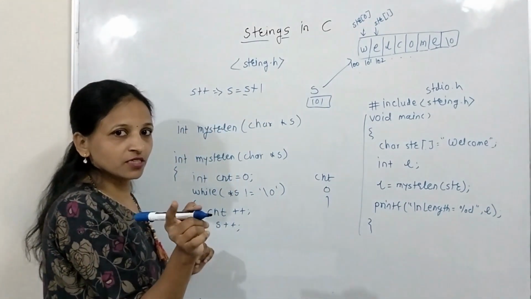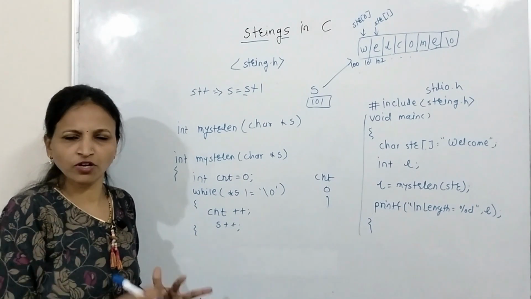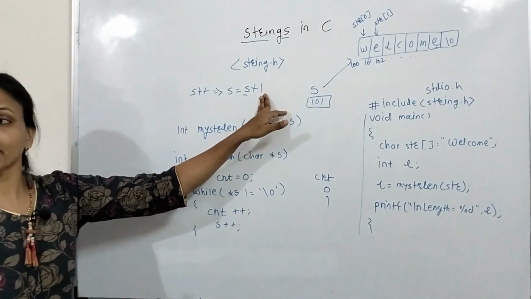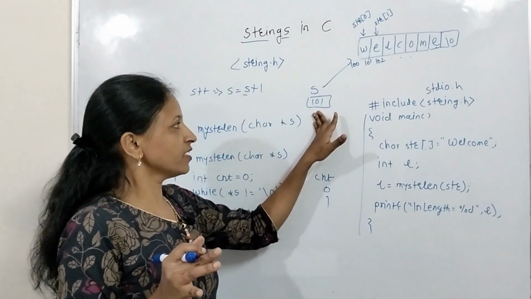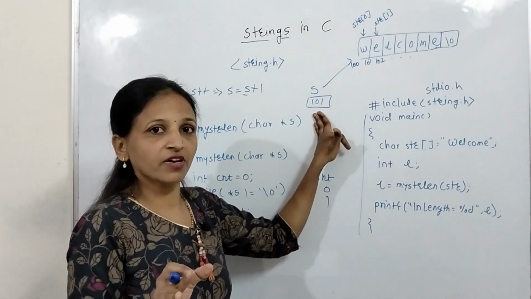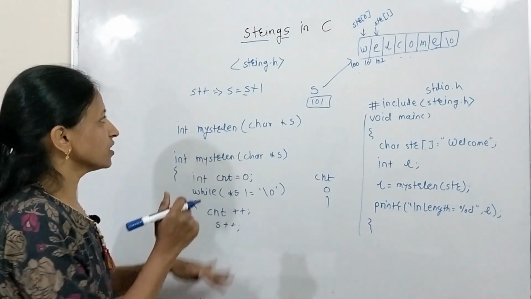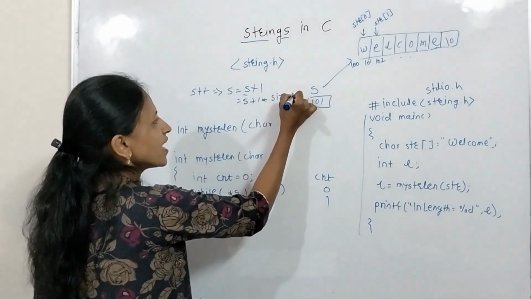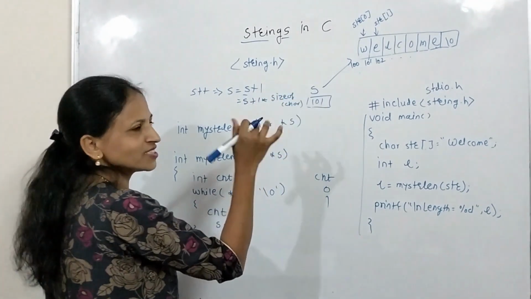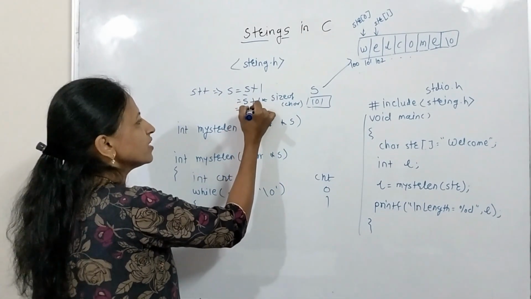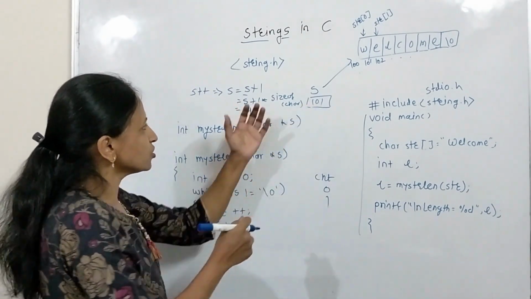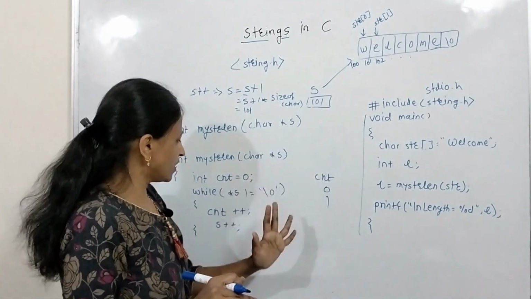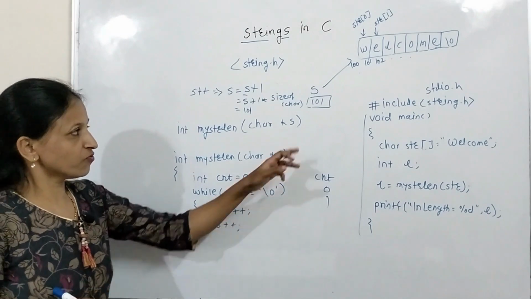Whenever we are doing that plus plus or plus 1, whatever operations on pointer, then this is not just normal arithmetic. Normal means s is 100 and 100 plus 1 is 101. That is not like this. Actually the logic is s plus 1 into size of char. Getting? Now here size of char is again 1. That's why we will get here 101. And that will again stored inside this s. This is the logic only. Now here in s, what is 101.